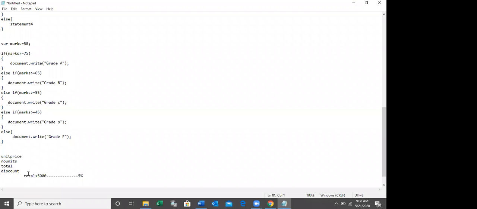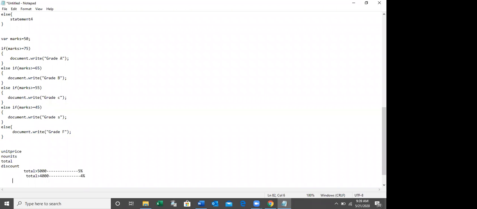Okay. Then if total is greater than 4,000, calculate 4% discount. Don't just put 4%, 5%, you have to calculate the discount, right? Okay, 4%, right.